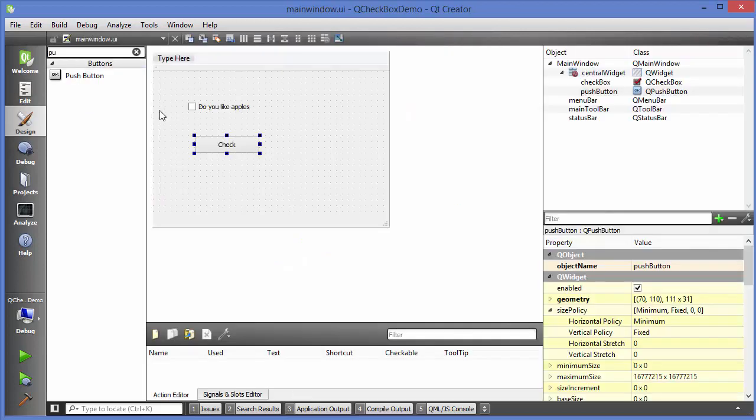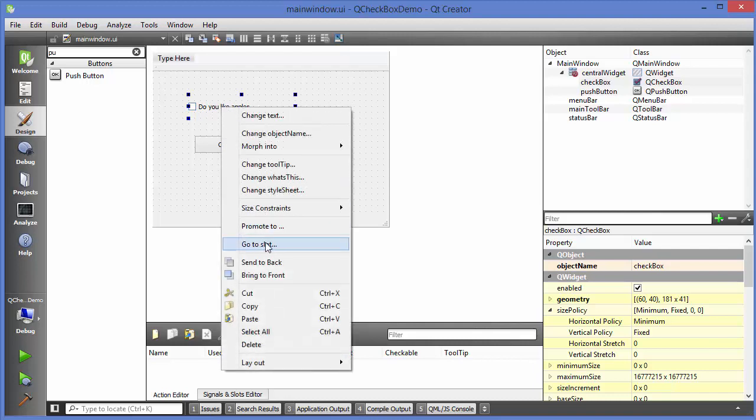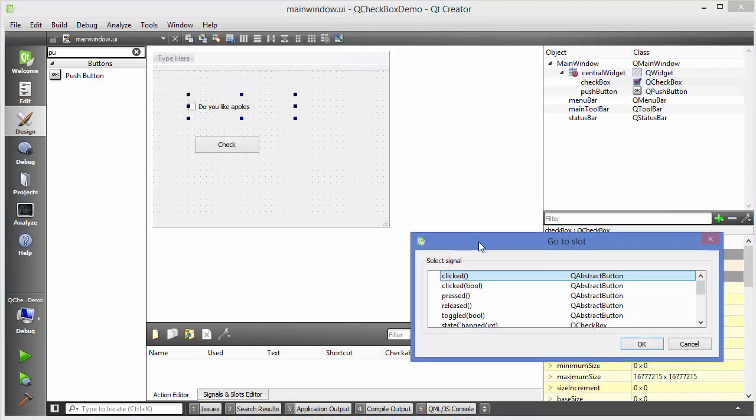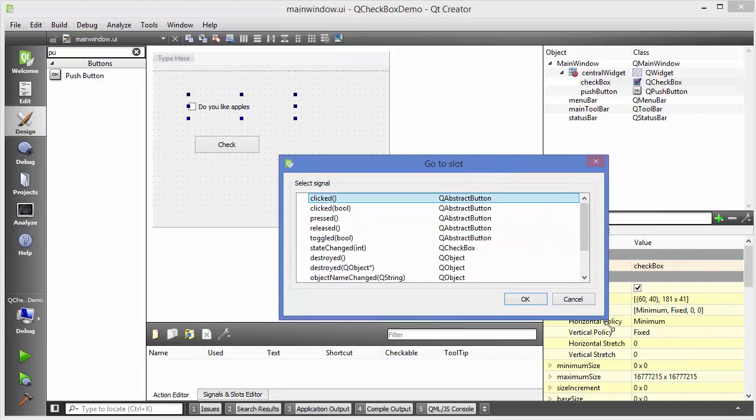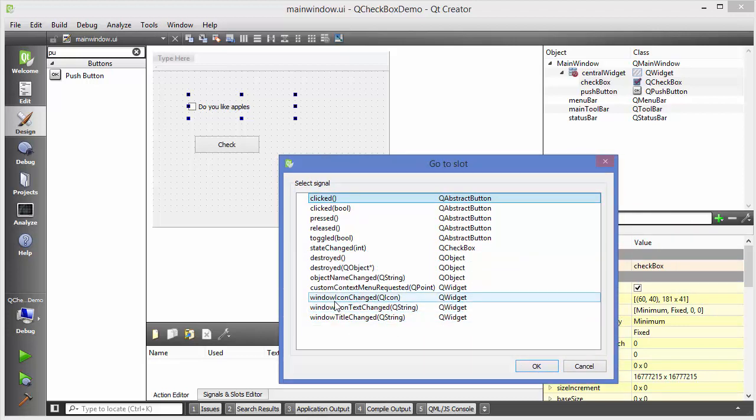Once again, we will go to this mainwindow.ui file and right click on our checkbox, and we can add a slot to it, and this time here we will choose some other slot, right? So what we can choose here is the state change method. So just choose this method which says stateChanged. Okay, and then click